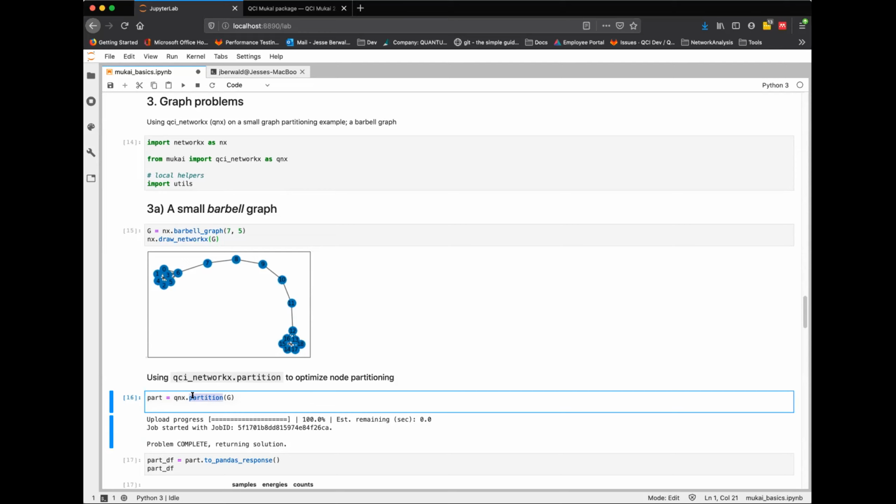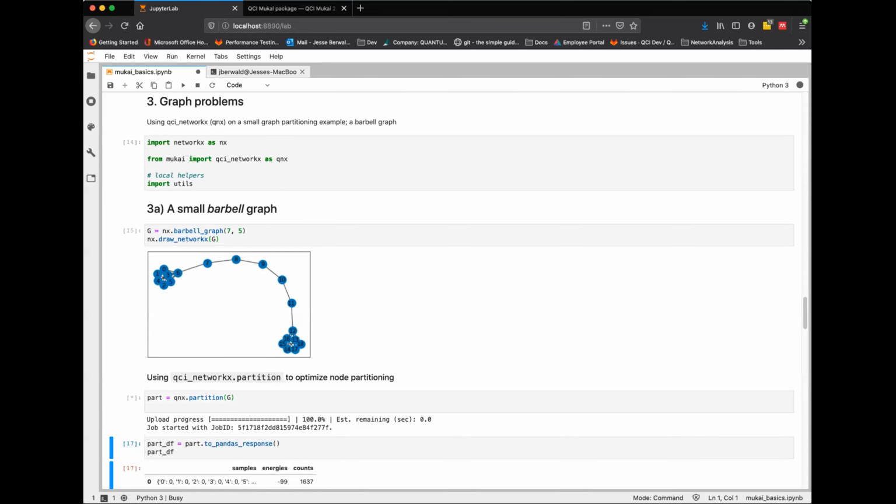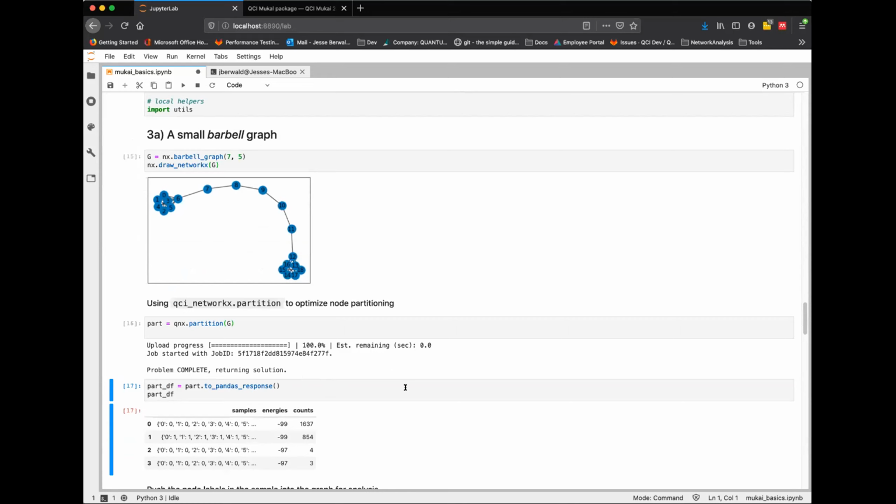All right, so we're going to take this graph and send it over to the solver. And what it'll do is take the partition, which has a particular combinatorial optimization or constrained optimization formulation. We're just going to convert the graph into that formulation on the back end and return the samples. And hopefully we'll see that, because it's a heuristic solver, for this problem especially, we'll always get these top 2 solutions. Every time I run it, I either get neither of these or 1 or 2 of these.